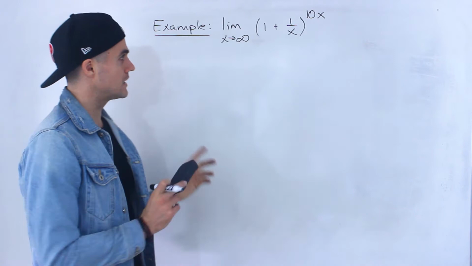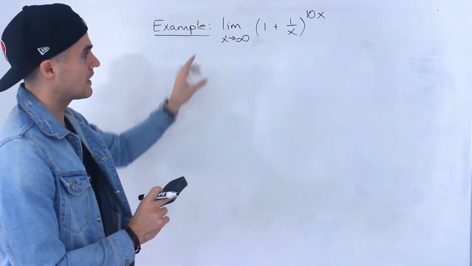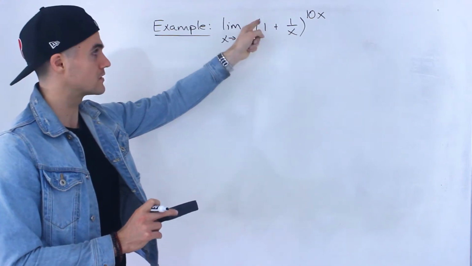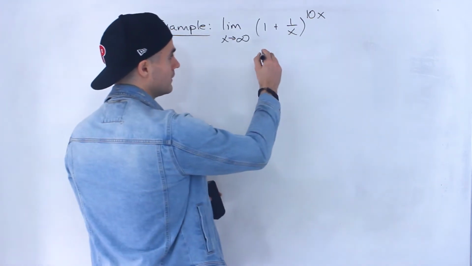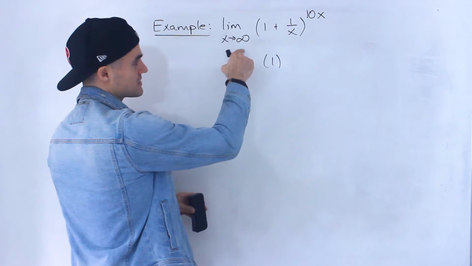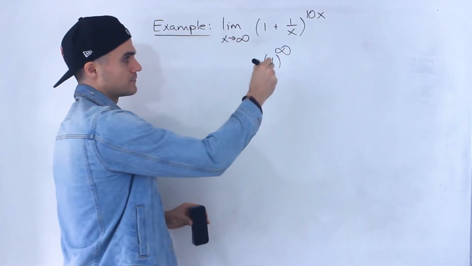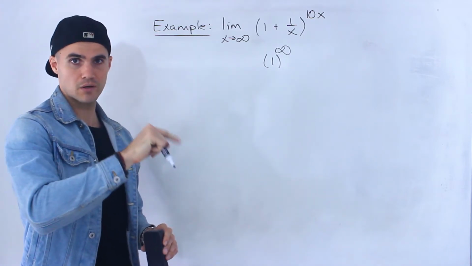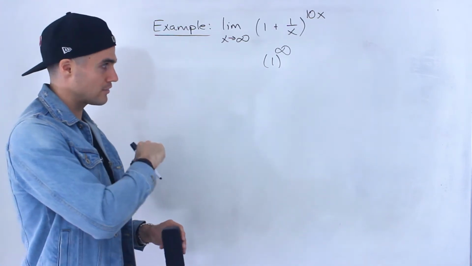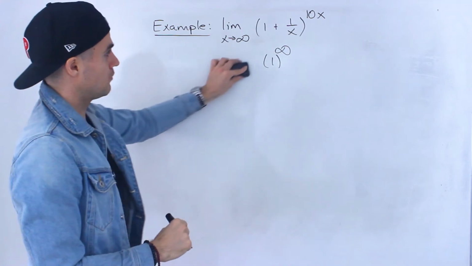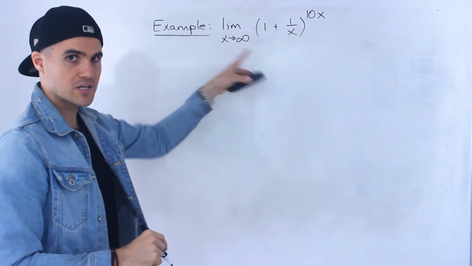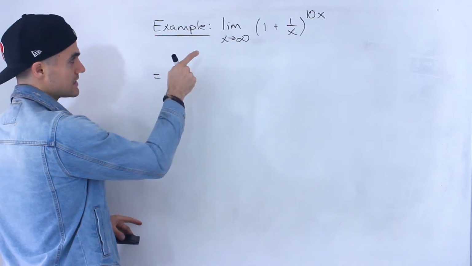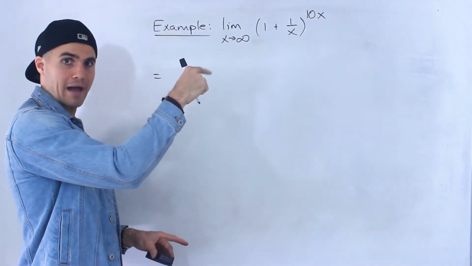So we've got the limit as x approaches infinity. If we do a direct substitution, notice 1 over infinity is going to be 0. So then 1 plus 0 would be 1. And then 10 times infinity would be infinity. So 1 to the power of infinity, notice that that's one of the indeterminate power forms that we went through. And so what you want to do, I went over the process in the overview video, is when you get something like this and it's in one of those indeterminate power formats,